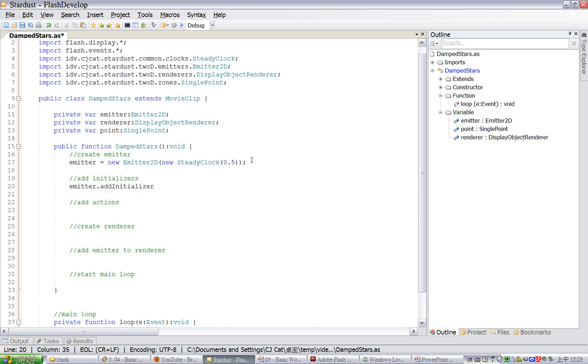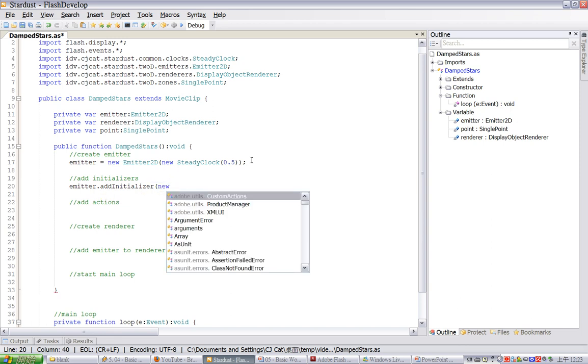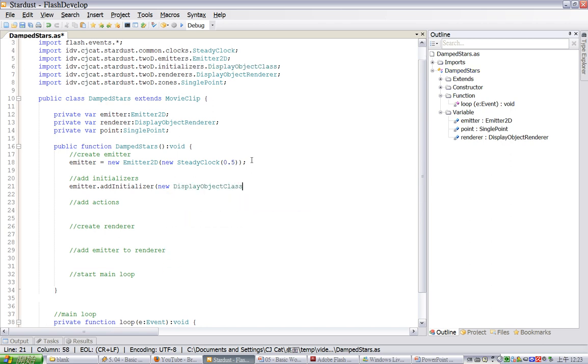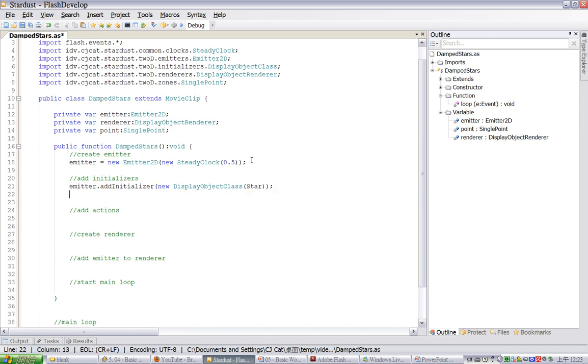Add initializer. Since I'm going to use the star symbol as my particle, I'm going to use the DisplayObjectClass initializer to initialize the particles to have the star shape as their visualization. DisplayObjectClass, and I'm going to pass the star class reference to it. Next, I'm going to add a life initializer,